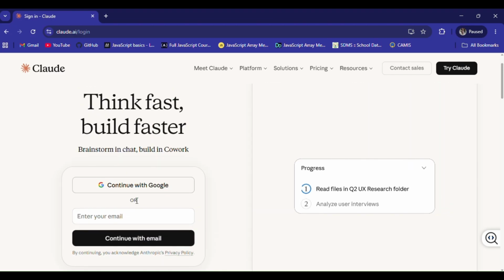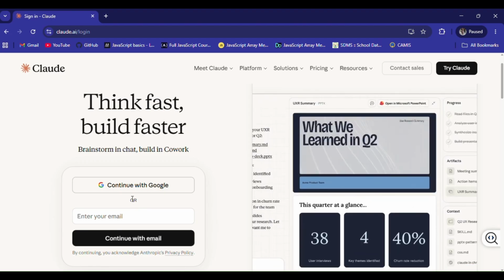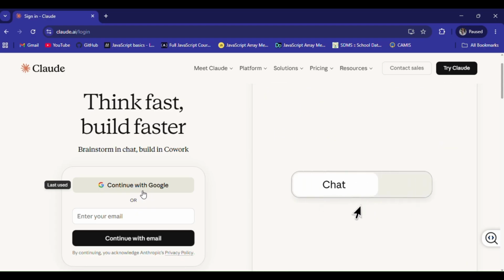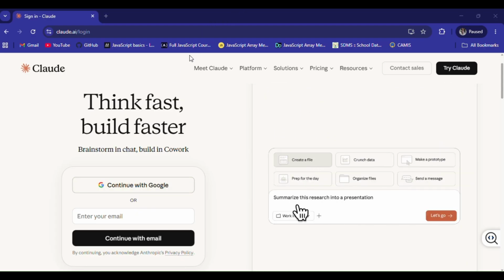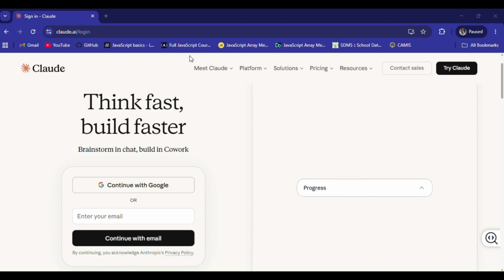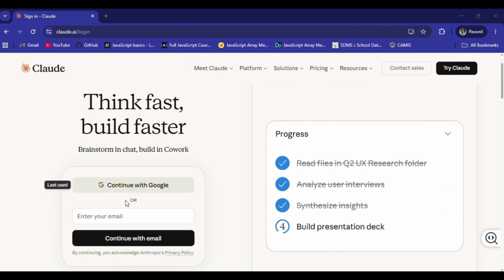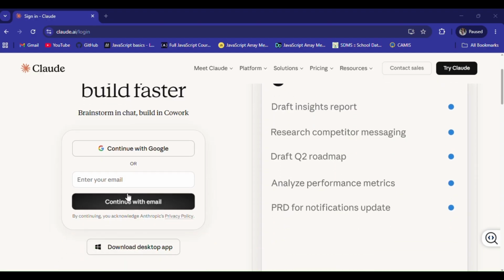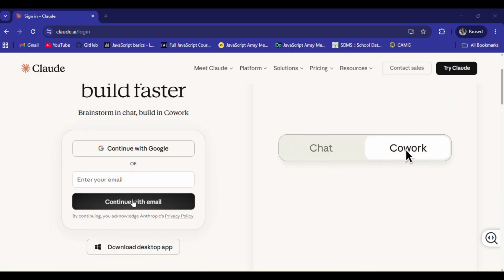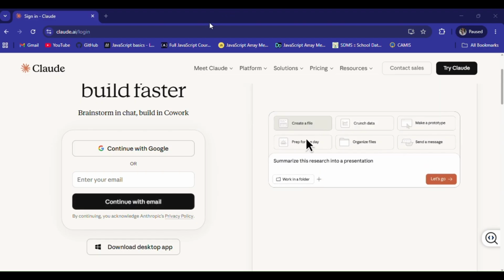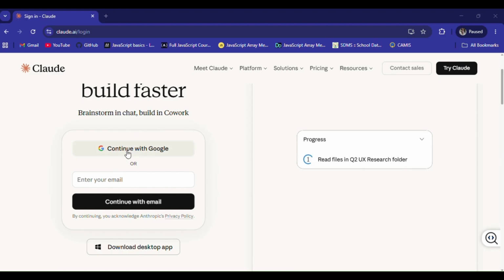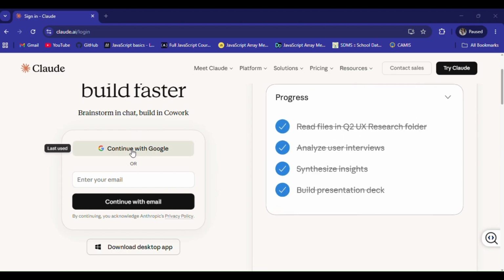So now you're going to continue with one of the best options. You can choose to continue with Gmail if you have already signed up, or you can now register or sign up. Me, I've chosen to continue with Google since I already have my email account. So now that we are on the interface of Claude,